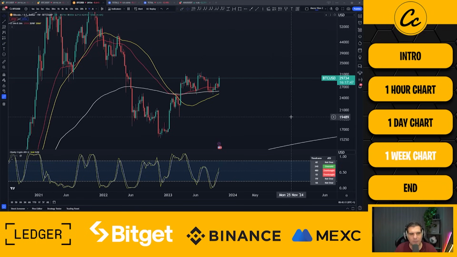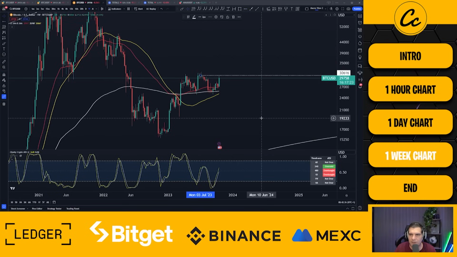Now, in terms of the weekly close position, what are the bulls and the bears fighting over today? Well, the bulls themselves are going to be looking to try to get a weekly closure above $30,000. That's going to be the obvious target for those guys. They're going to want to see that weekly close above that key level. And in fact, if we do actually run in here and start thinking about where the actual levels are, I would say it's a close above $30,616 for the bulls to be really kind of accurate on that.